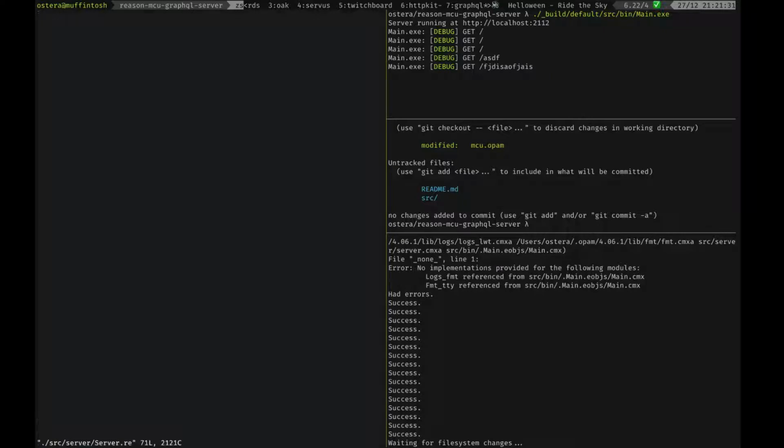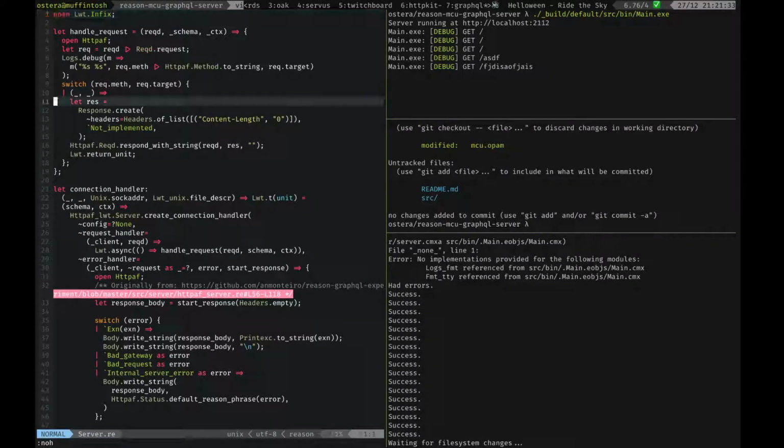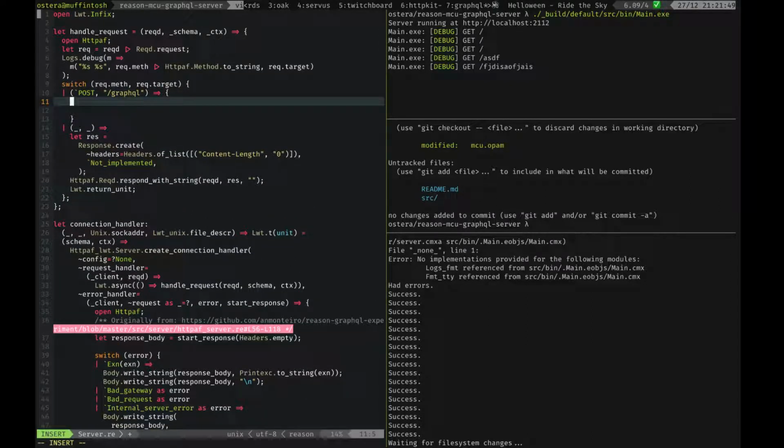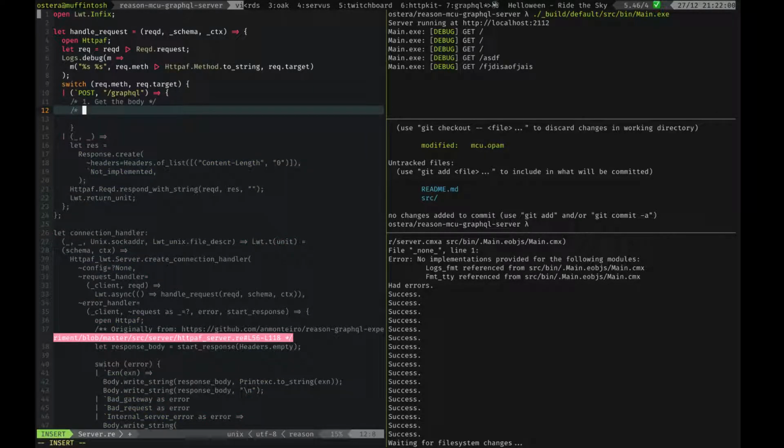Now that we know that the server is working and that we can request things to it, we will try to read for when the method is POST, right? And the target is GraphQL. We will try to do a few things here. The first one will be get the body of the request, right? And the second one will be